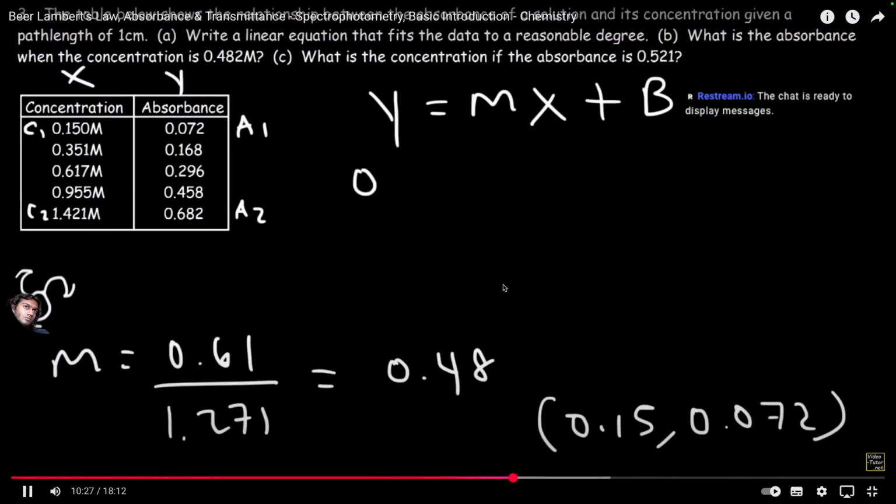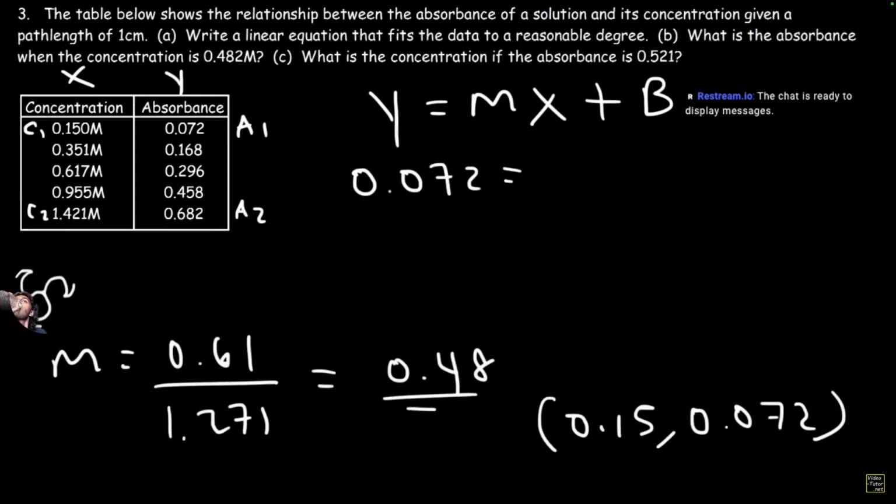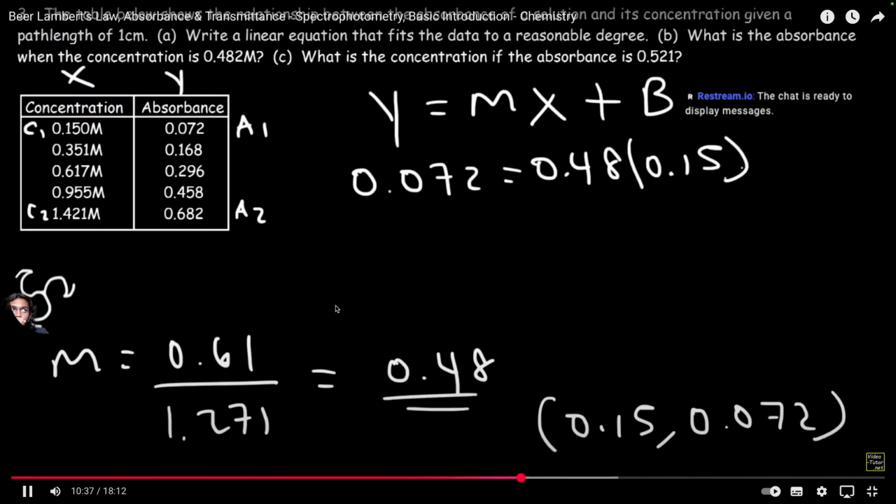So I'm going to replace y, the absorbance, with 0.072. M is 0.48, and x is 0.15. Let's calculate b, the y-intercept. So 0.48 times 0.15,